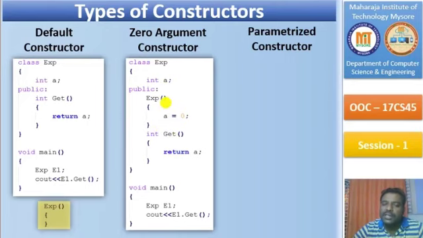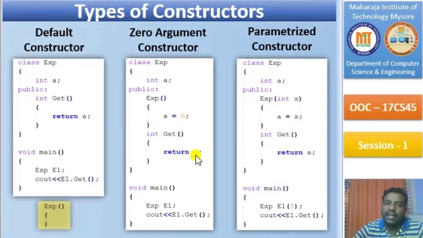Now this constructor can take a parameter. And so when the constructor takes a parameter, we are going to call this a parameterized constructor, where in this case I am using only one parameter to keep things simple. Hence it is taking one parameter, and whatever the parameter is, I'm going to assign this to x.